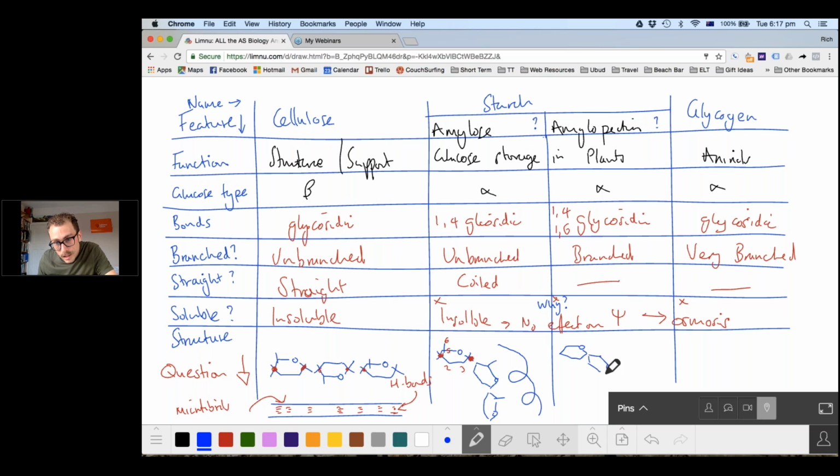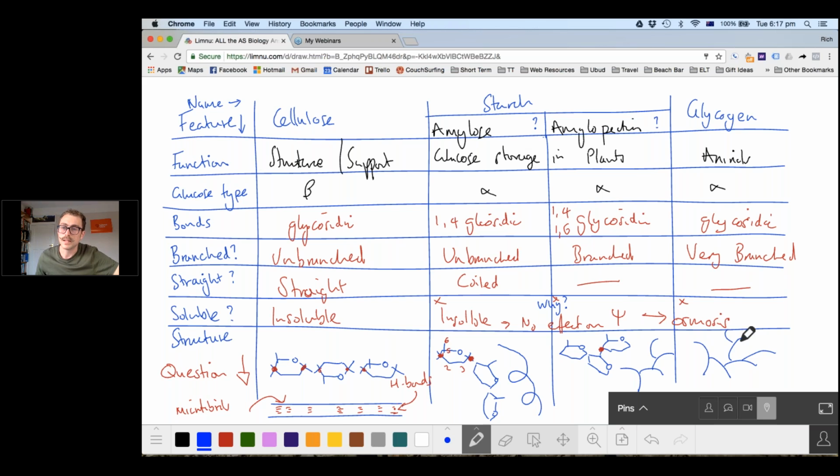Again, it's not straight. So this is my 1,6 bond. And so we would end up with, it does coil, but they always ask about it branching. So it's always going to branch a little bit like this. Glycogen is going to look exactly the same,